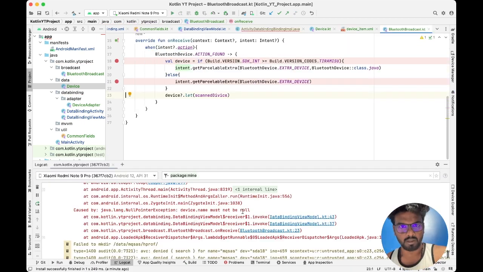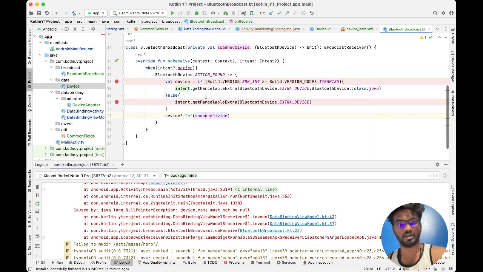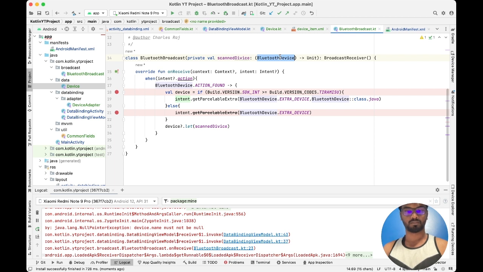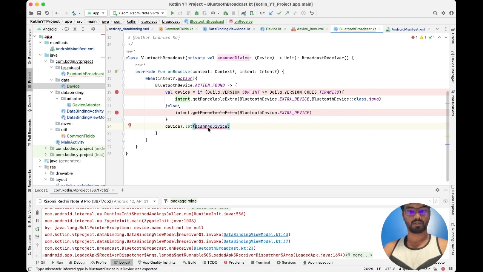Let's find out. Device name must not be null. Wait, device name must not be null. I'll change this to device. Okay, then